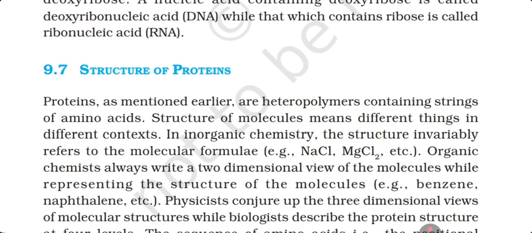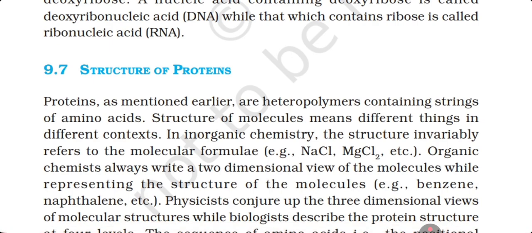9.7 Structure of proteins. Proteins, as mentioned earlier, are heteropolymers containing strings of amino acids. Structures of molecules mean different things in different contexts. In inorganic chemistry, the structure invariably refers to the molecular formula, for example NaCl, MgCl2, etc. Organic chemists always write a two-dimensional view of a molecule while representing the structure of molecules, for example benzene, naphthalene, etc. Physicists conjure up three-dimensional views of molecular structures, while biologists describe the protein structure